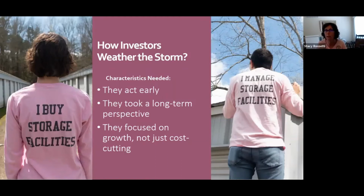So we act early, we look at the long-term perspective, right? As soon as we could, we started thinking about passive income and investing in passive income, building passive wealth, and we focus on growth, right? Not just cost cutting. A lot of storage facilities and a lot of businesses, as a matter of fact, as soon as COVID started, they were like, okay, cut marketing, cut employees, fire everybody, right? We, on the other hand,